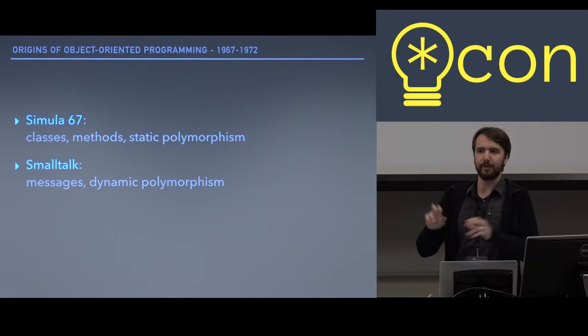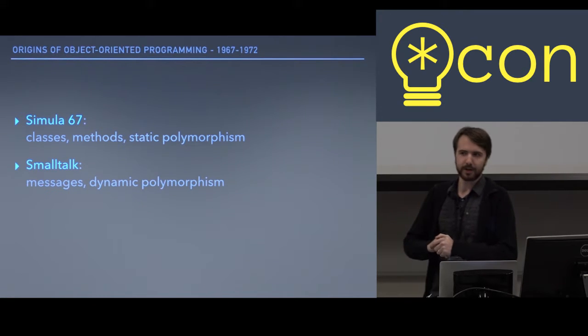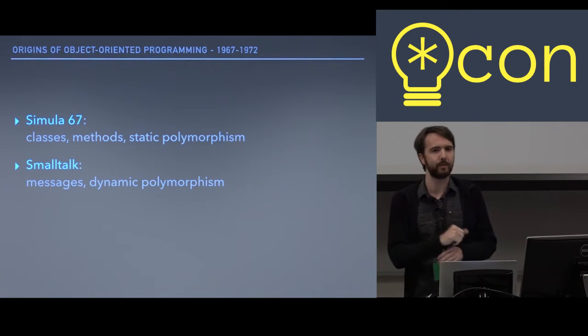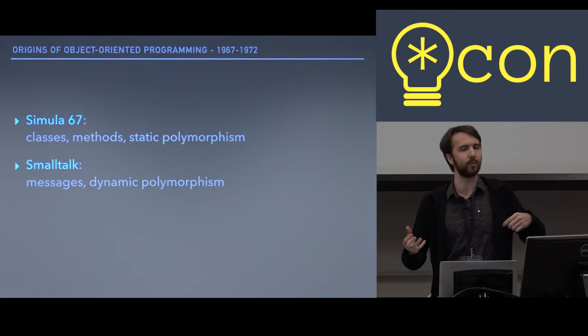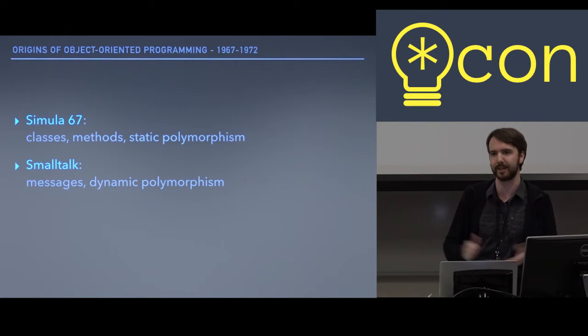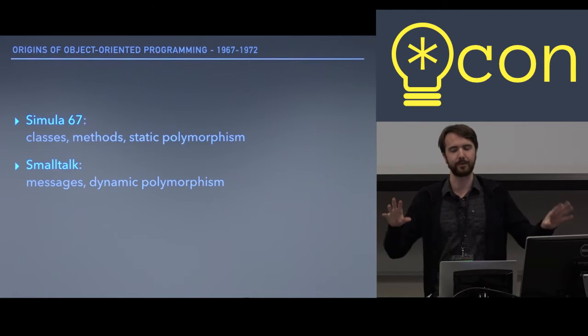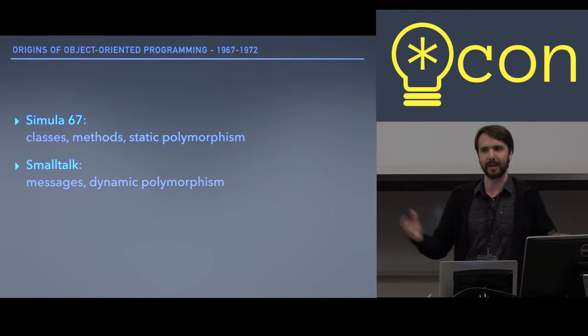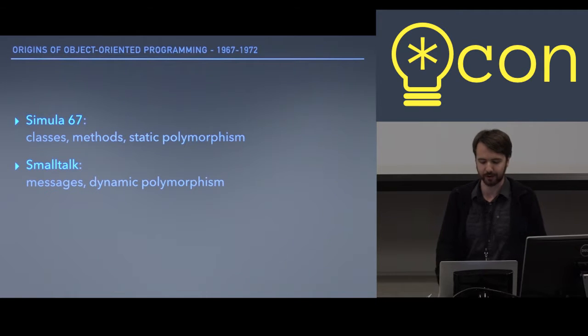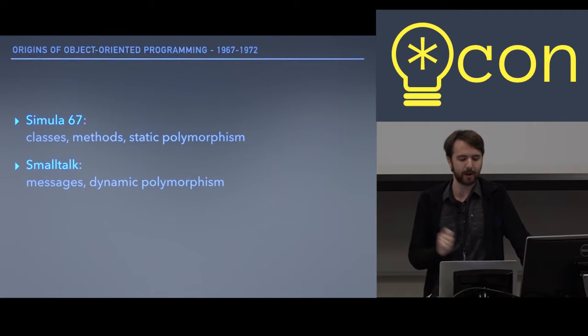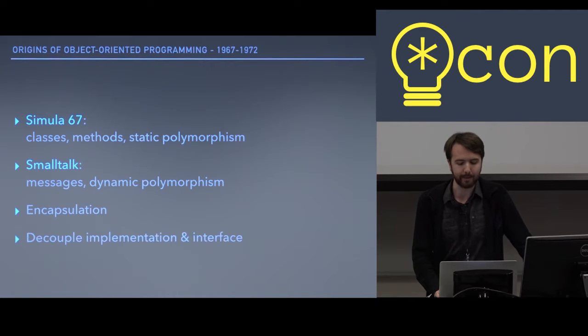And so rather than invoking a method, Smalltalk focuses on sending messages between objects and allowing objects to determine whether they actually respond to that message or not. So instead of a single static interface, you have many dynamic different objects that can determine if they fulfill that interface contract or not. But in both branches of object-oriented programming, the goal is always to enable abstraction while maintaining